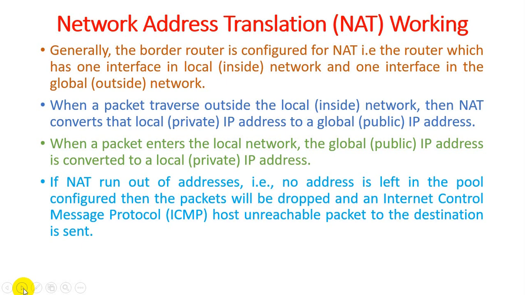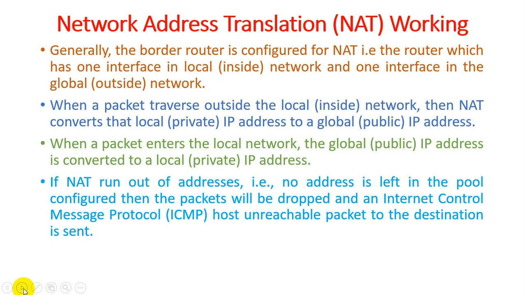The address is never stored in the NAT table, and at that particular time if the address is not stored for public to private IP address, the packet is dropped, and at the client side a message known as a host unreachable packet is sent. This message comes from the Internet Control Message Protocol. So we can say that at that time the NAT table is full. All these things we will see in this theoretical concept.